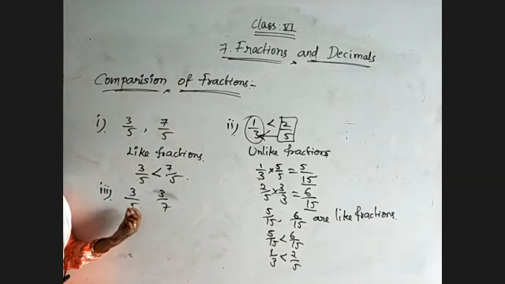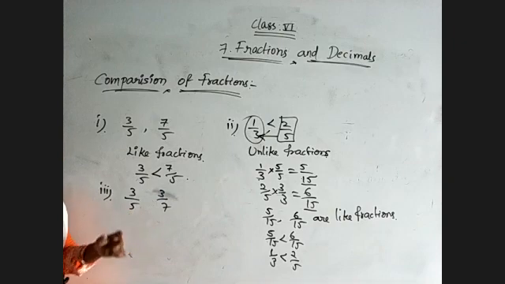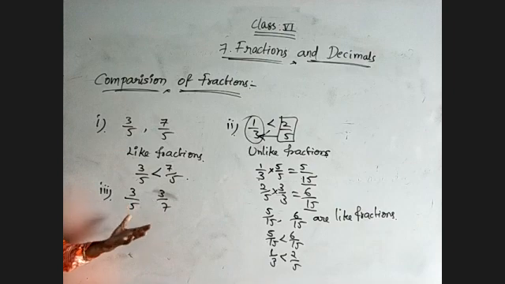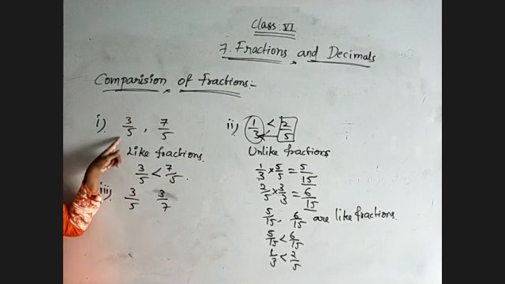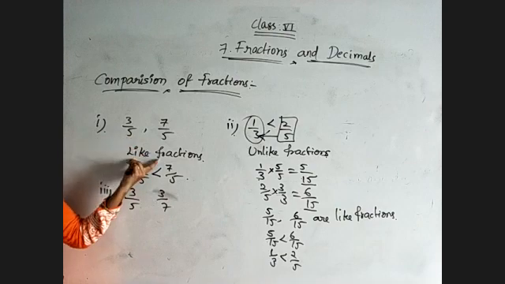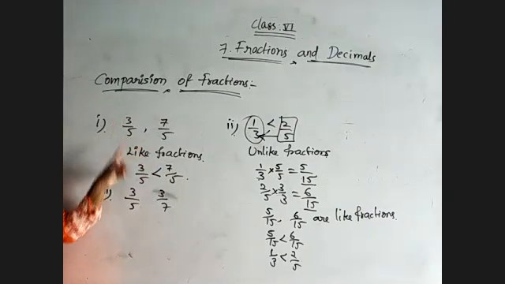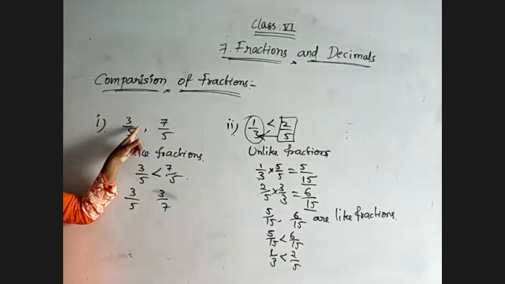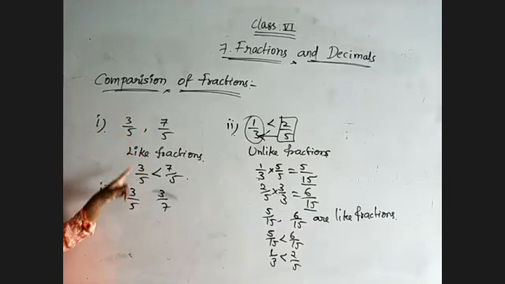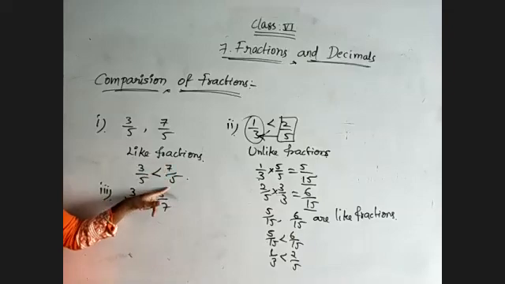Now coming to these two fractions, even though these two are unlike, without calculating these two, we can decide which one is greater and which one is lesser. How will that happen? Just observe. See here what we are doing. When denominators are the same, they are said to be like fractions, and the fraction having the smallest numerator is the smaller fraction. So 3 by 5 is smaller than 7 by 5.